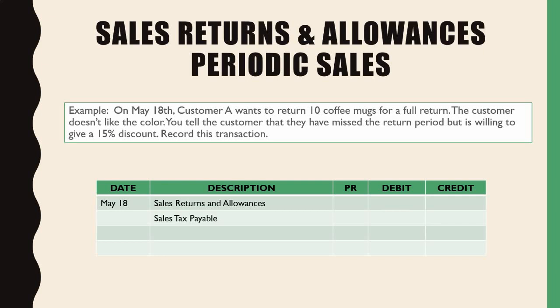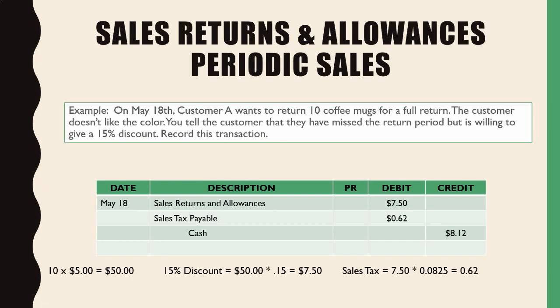Well, in this case, you're going to be recognizing, again, that you have a sales returns and allowances. Because it's a portion of the money back, you're going to also give them their tax money back. And you're going to give them whatever form of payment that they paid. So in this case, you're going to calculate first. Well, how much are they actually trying to refund? They're trying to refund 10 coffee mugs, right? We charge them $5 each. So therefore, the total amount is $50. But because I'm not giving them a full refund, I'm only giving them 15% of their money back, then you just go ahead and simply multiply across. 50 times 15% is going to give you a total of